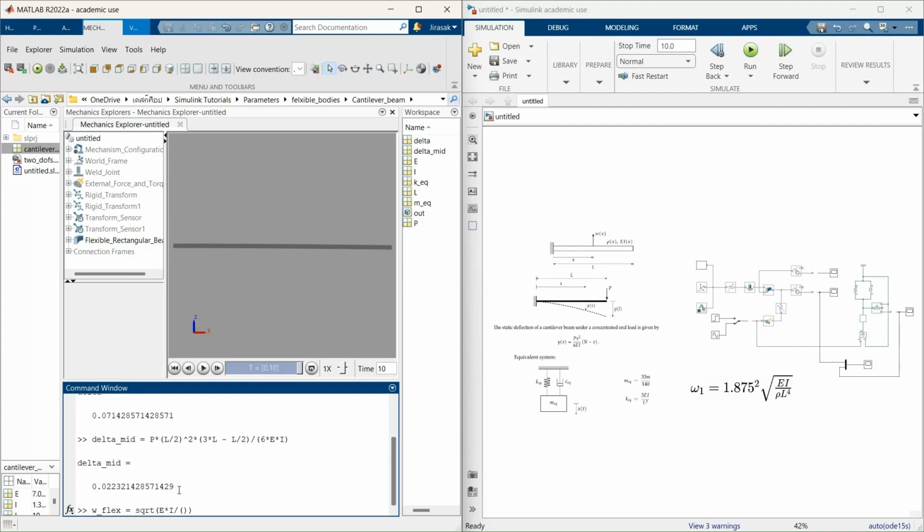Rho stands for mass per unit length. So the natural frequency is, sorry, I forgot a constant,